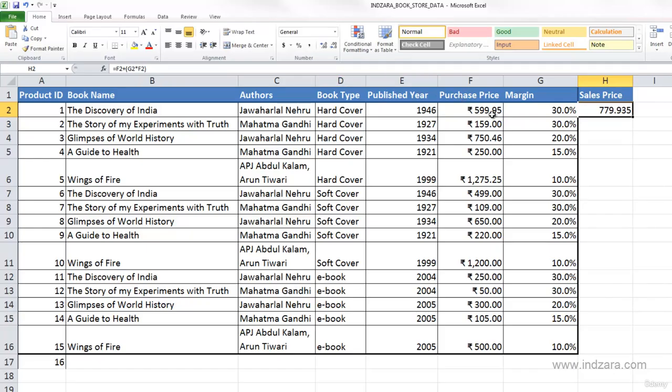price. And for me to use the same format, I can select this cell, use format painter, and copy that. So now we have 779.94 as the sales price for the purchase price of 599.95. Now typing this for one book was easy, but now if we have to type this for every book,